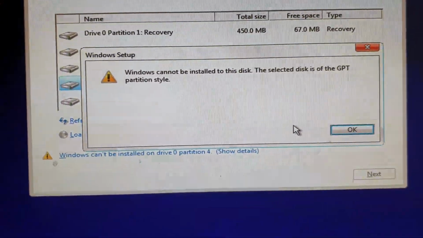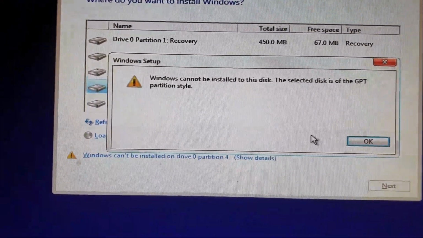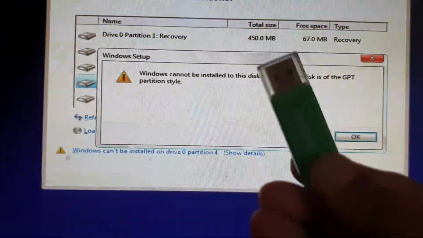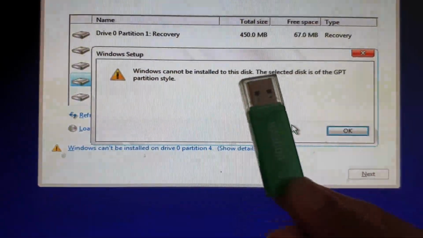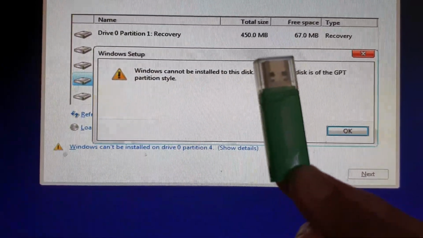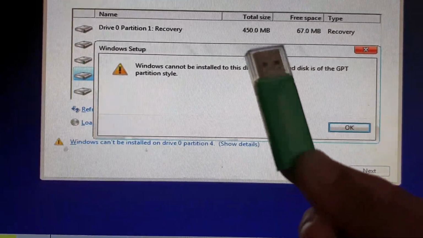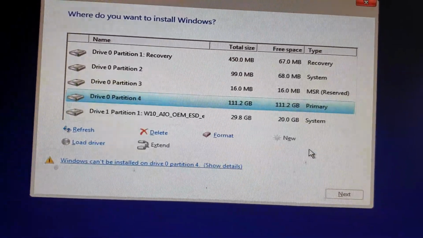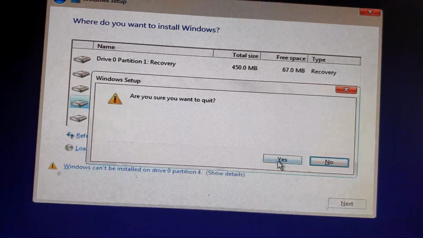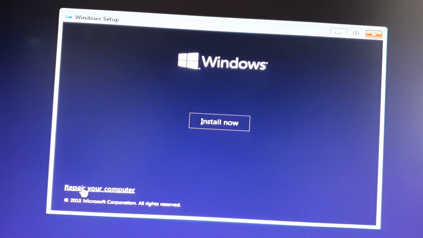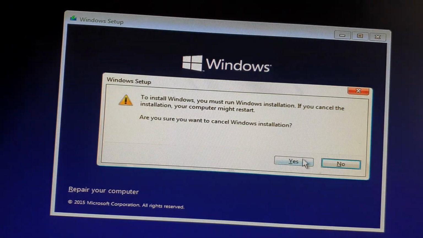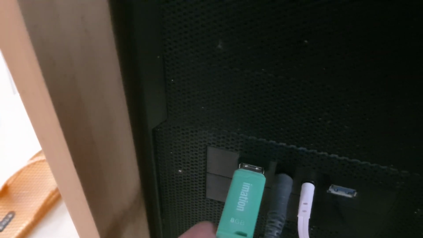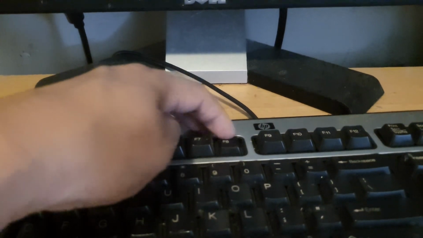So what you want to do is to restart the computer, and I'm going to boot into one of these USB CD. I'm going to show you how you can create this USB drive, and you can boot up from the USB drive to fix this problem. So I'm just going to restart the computer now, get out of this, and I'm just going to restart the computer altogether. We're going to put the USB disk into the computer, and press on F8. Press on F8,